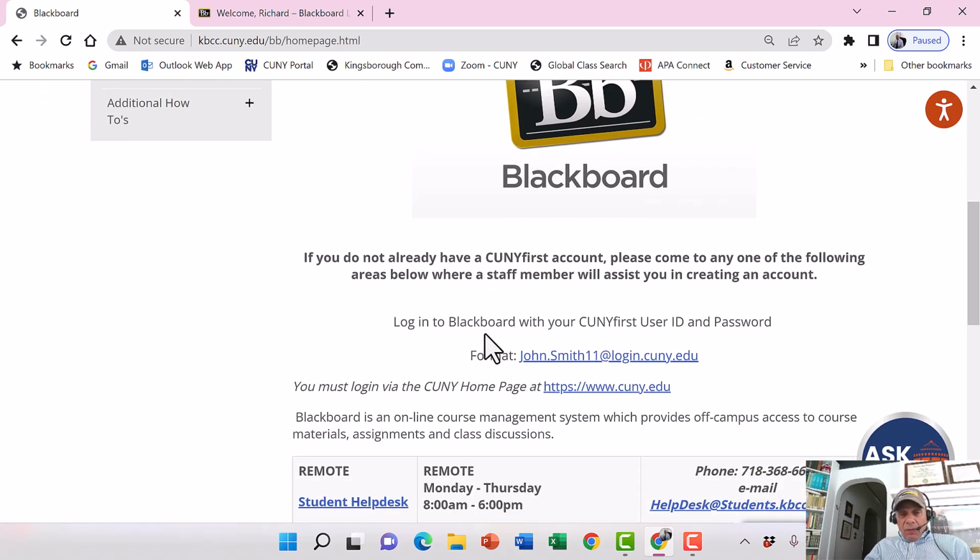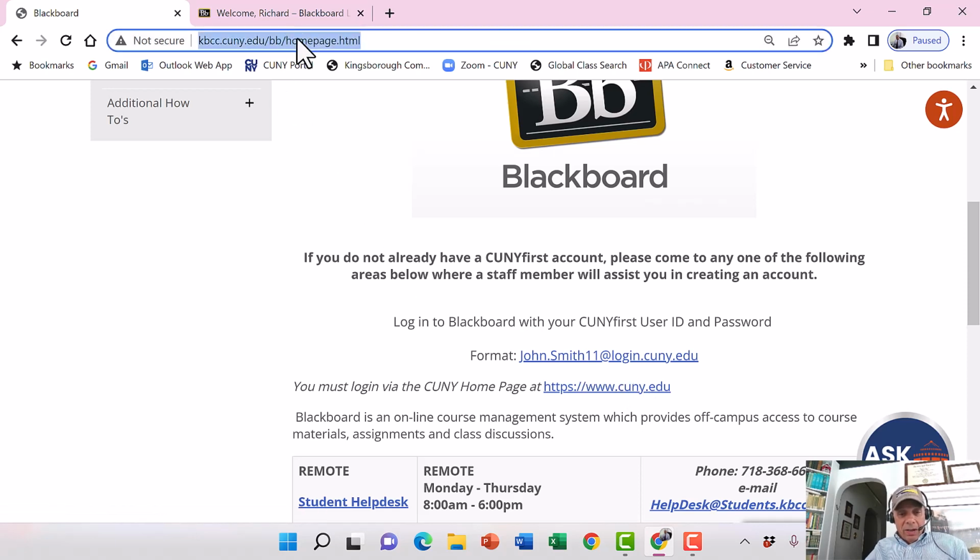And Blackboard, remember, it's different from CUNY First. There's actually a way of getting to it, at least for faculty members. I think for students also, through CUNY First. And CUNY First is what you've used to register for this course. But notice, if you read this, you need to have a CUNY First account because you're going to use that. And it's going to ask you to log in. And here it's going to give you the CUNY homepage, www.cuny.edu. And actually, you could have gone right up to your browser and just typed